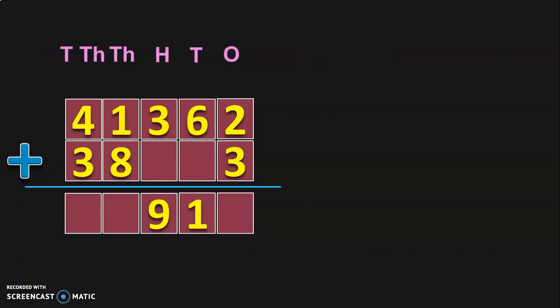Write down the place values and add from the ones place. 2 plus 3 is 5. In tens place you have 6 plus dash is equal to 1. 6 plus dash cannot be equal to 1. It must be 11. So 6 plus something is going to give you 11. What is that? It is a 5.